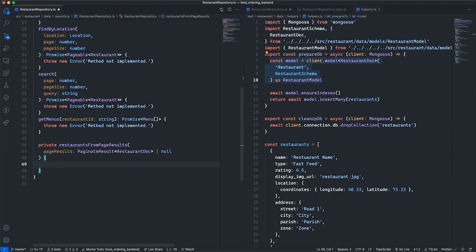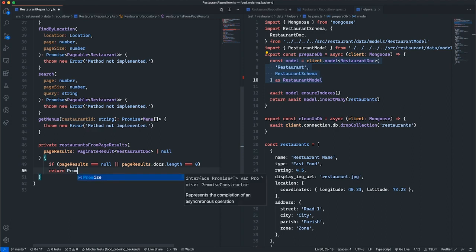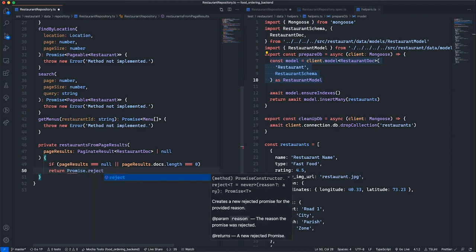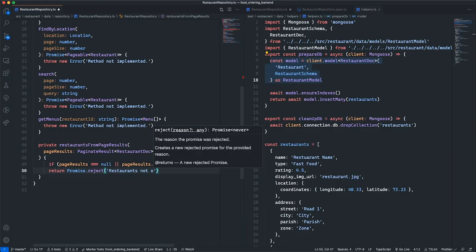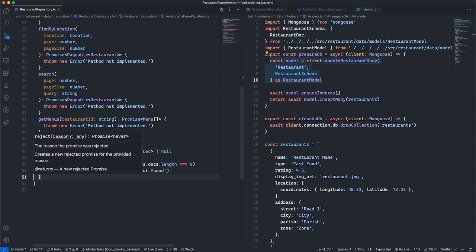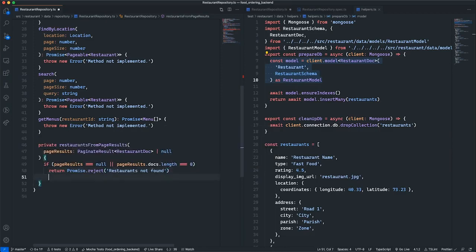So now, inside this method, first thing I'm gonna check if the page results, if that is null, or if it is not null but the documents in it, the length is 0, then I'm just gonna say return a promise reject. This will have an error message, restaurants not found. Otherwise, I'm gonna say